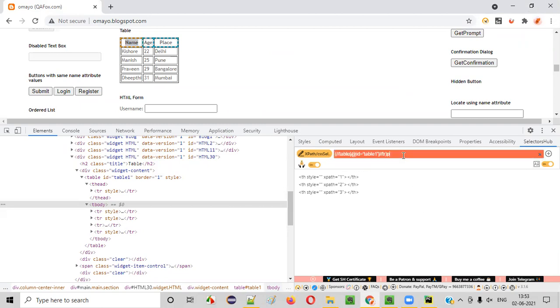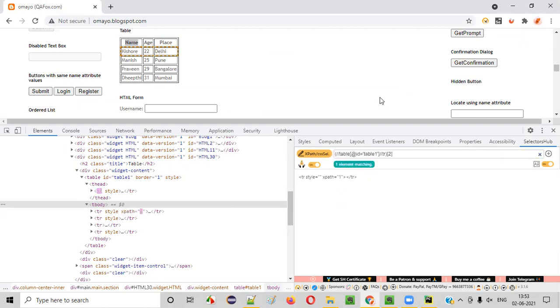If I give 1, guys, what will happen? It will locate the first row. If I give 2 here, it will locate the second row. 3 here, third row. 4, fourth row. 5, fifth row, like this. I'm just giving 1 for now, first row.